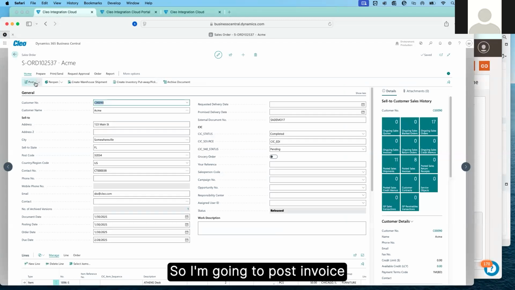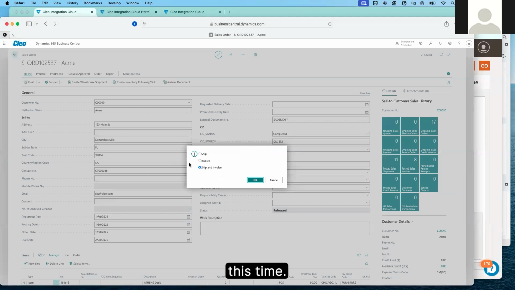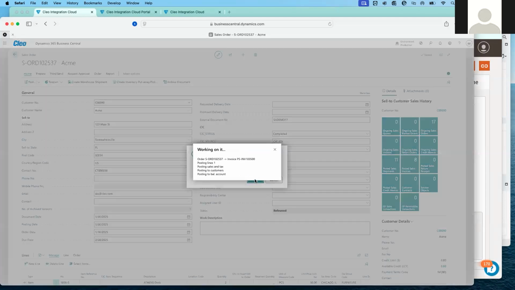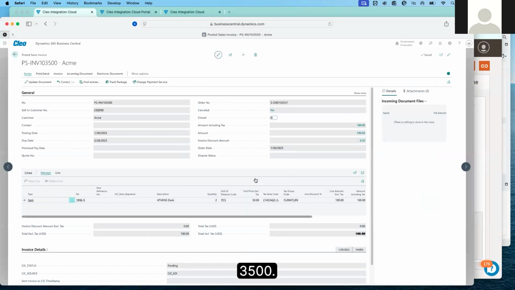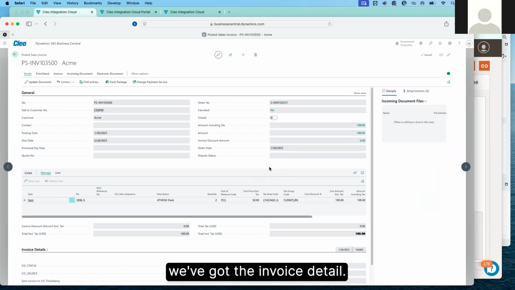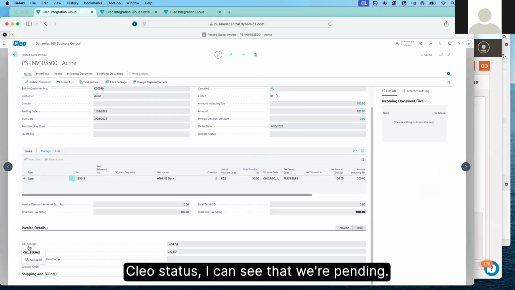So I'm going to post the invoice this time. At 3,500. So again, here we've got the invoice detail, but if I come down here to the Cleo status,